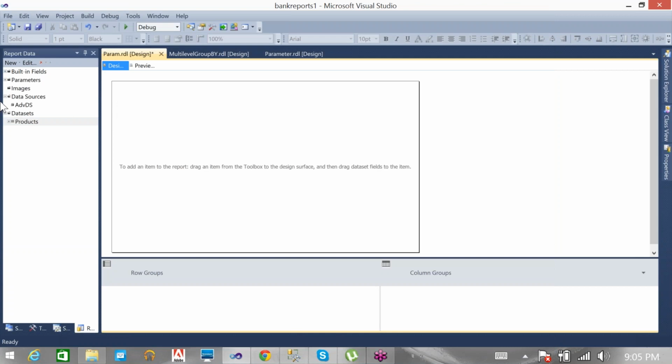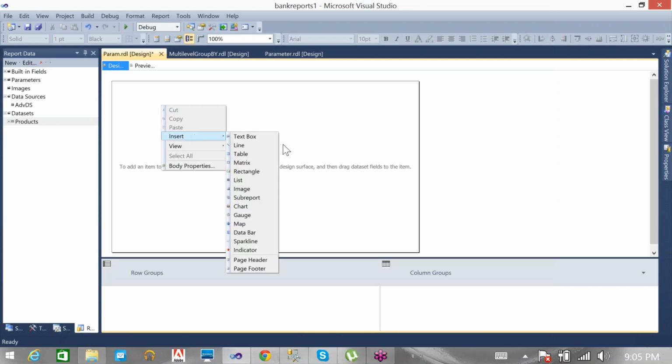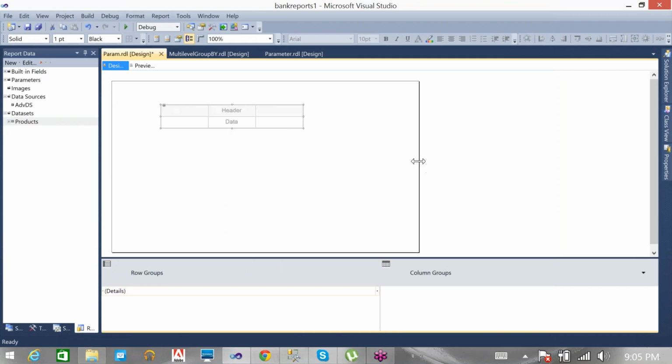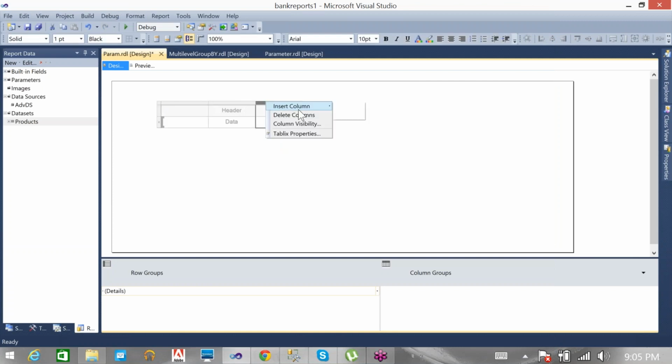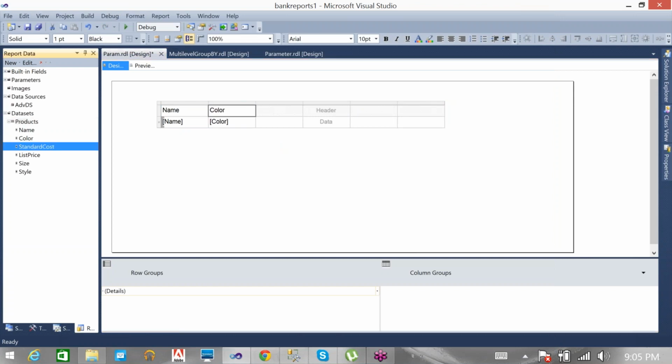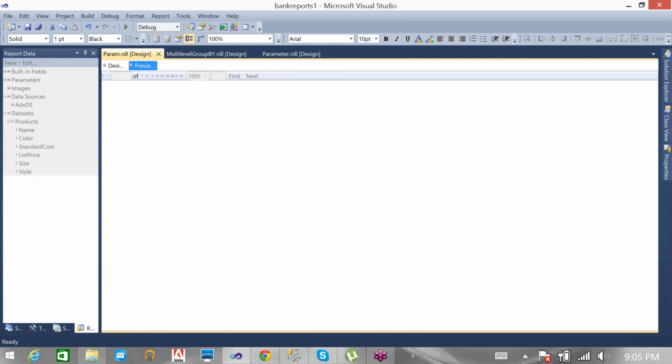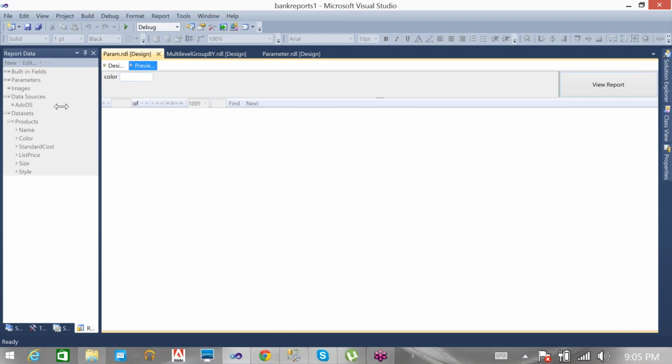I already created the parameter. Let me display it in table format. Whatever the values, name of the product, color, standard cost, list price, size, and style, then you are going to get the parameter.